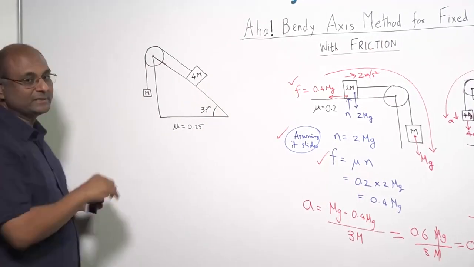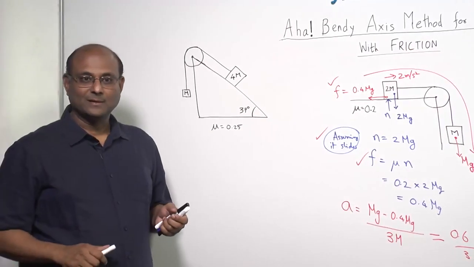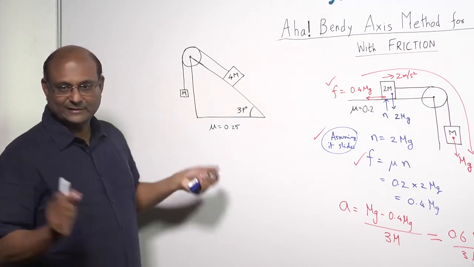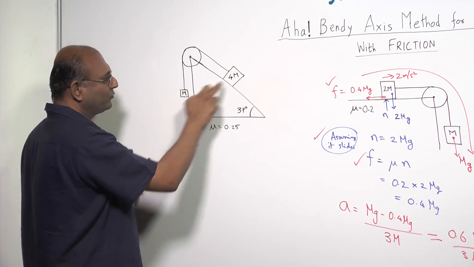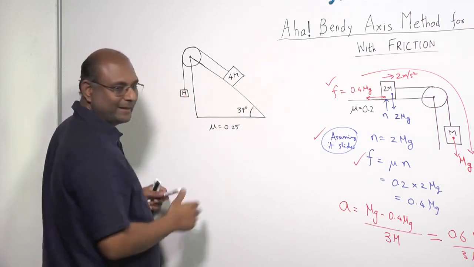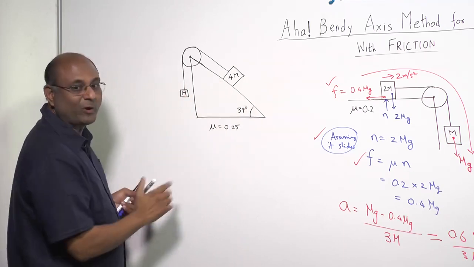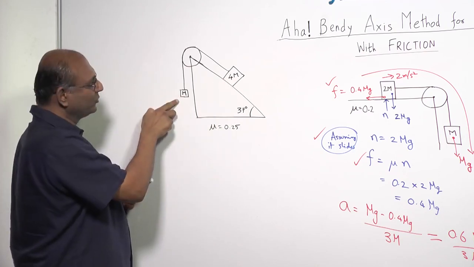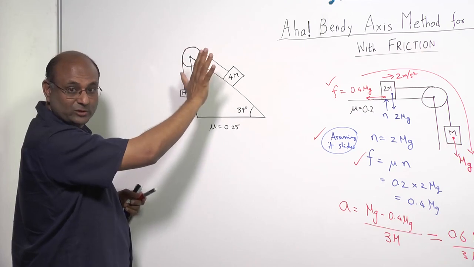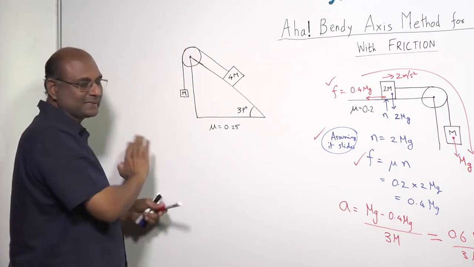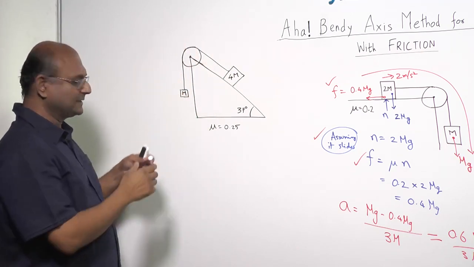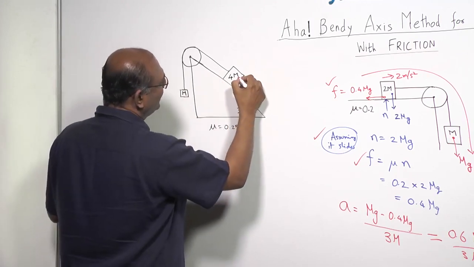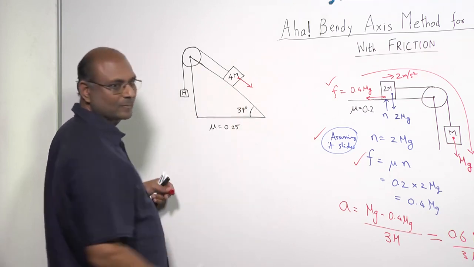Let us come to the question where we have an inclined plane. Little bit more messy. Here I am telling you that this block, both of them were initially at rest, m, 4m, this inclined angle makes 37 degrees and mu is 0.25. Mu between these two, obviously this is not touching a surface, so there is no mu here. This pulley is smooth, massless, ropes are massless, so this thing is fixed, this wedge is fixed. Okay, now with all those conditions, can I figure out what this force is?